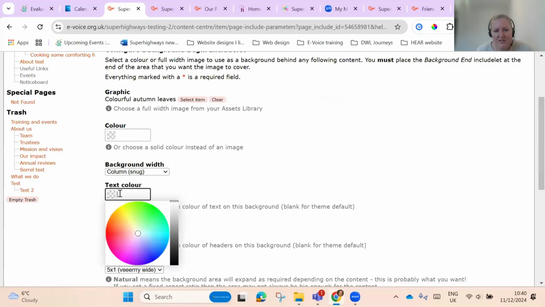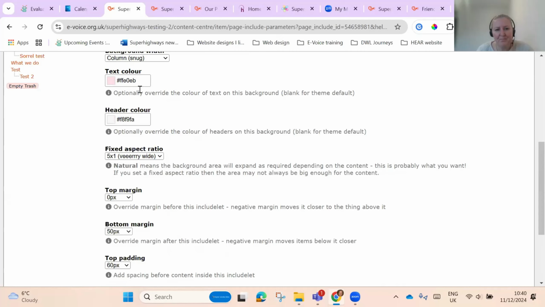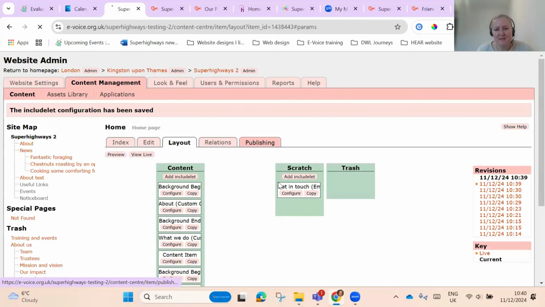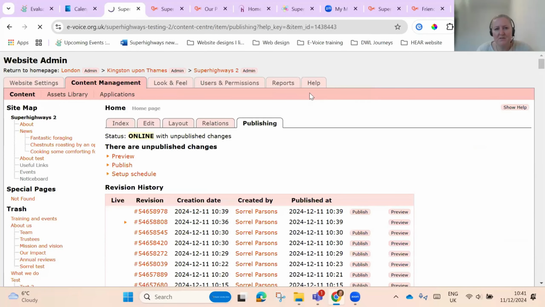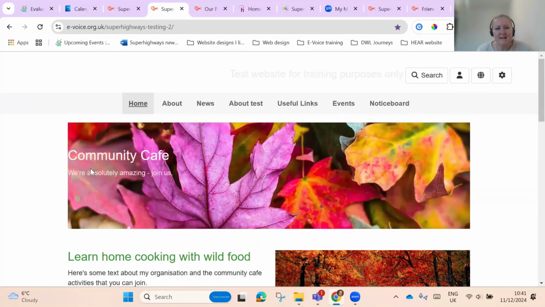The other thing I want to do is change the text color. So I can change the text color. For now, I'll just pick a random pink. And the header, again, maybe I'll just have white or grey, and let's see what that looks like. So it's text color and header color that I've just changed, and save changes, and I'll publish. So don't forget, I've gone into the background begin to make those changes. At the moment, it's green and there's a black. From what I've done in the background begin, it's now this whiter color, and it's still a